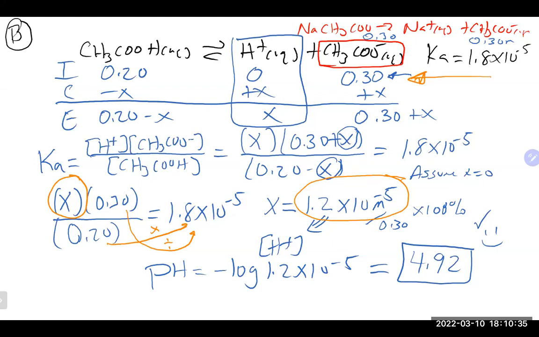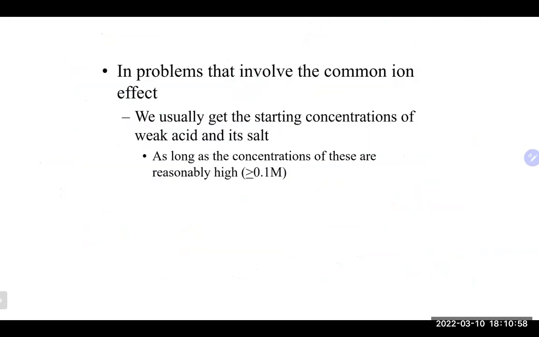Okay, so what we see here is a couple of things like we would expect. We did see the overall effect of having that common ion had the equilibrium shift to the left, kept this together more, and had less of this H plus actually there at equilibrium. And that's really when we technically calculate the pH: the H plus concentration at equilibrium, when everything settles down and it gets to that equilibrium stage. So in problems that involve this common ion effect, we usually get starting concentrations of the weak acid and salts,